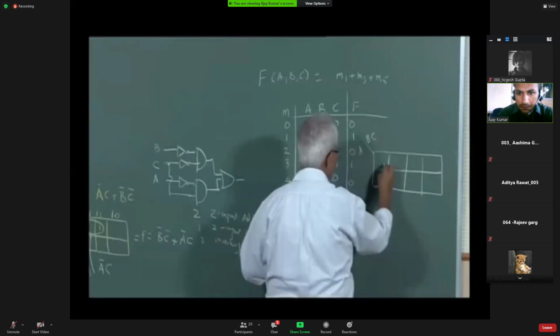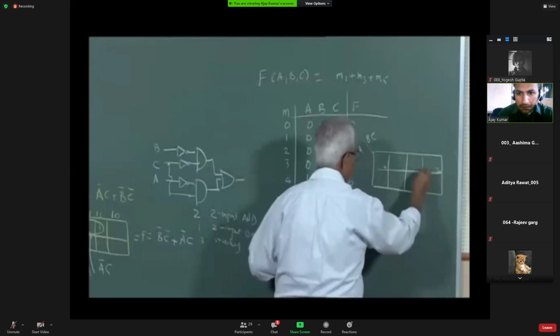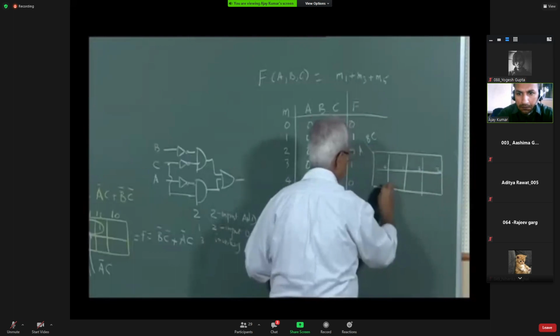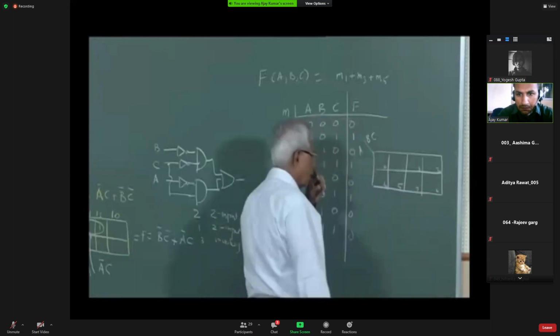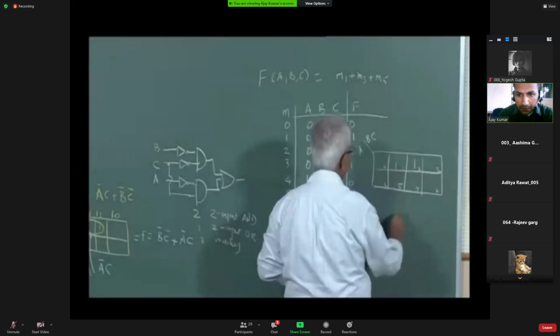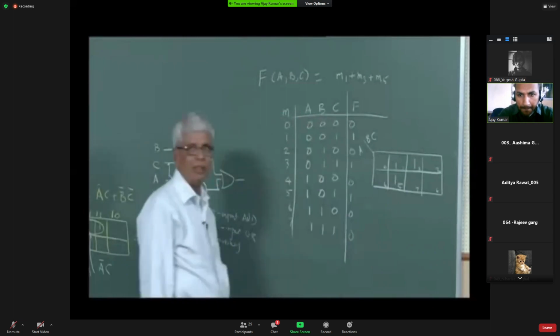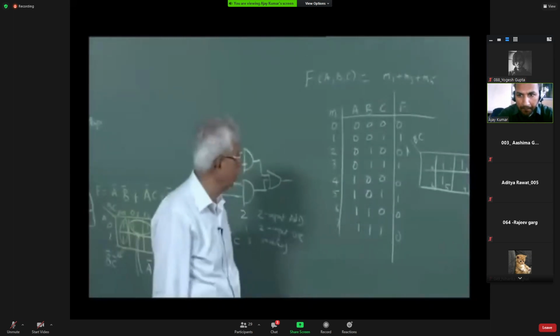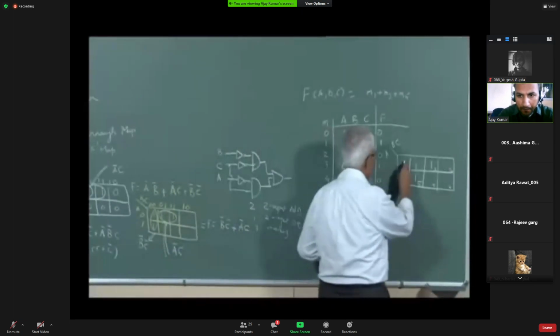This is 0, 1, 2, 3, 4, 5, 6, 7. Now, 1, 3, 5. These are ones. The rest of them are zeros. Zero you don't have to write. I'm just showing it to you, but don't clutter the map.